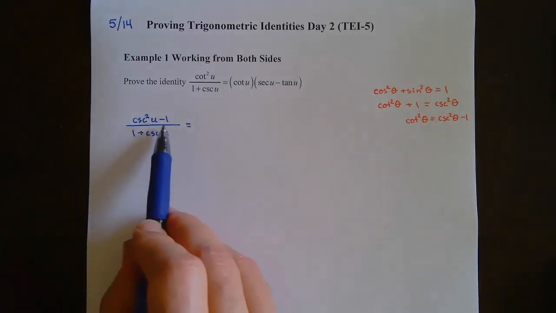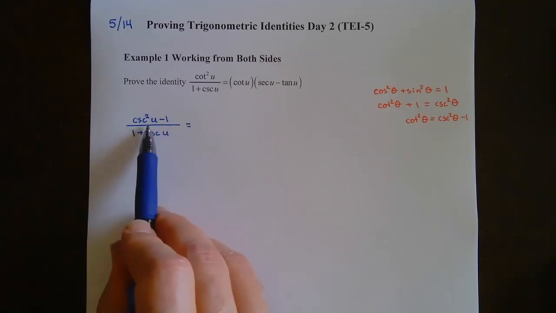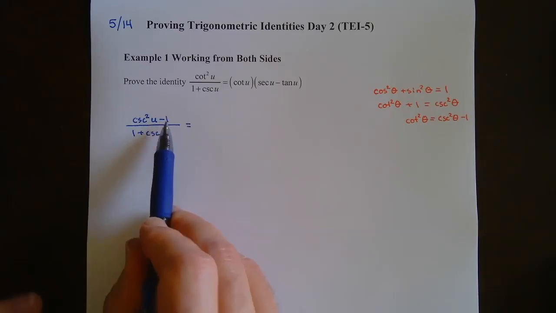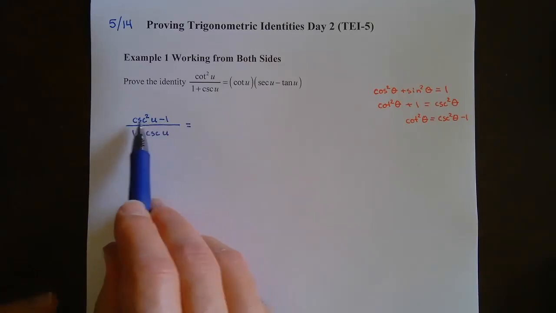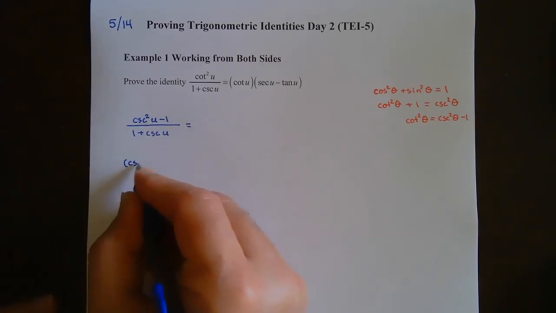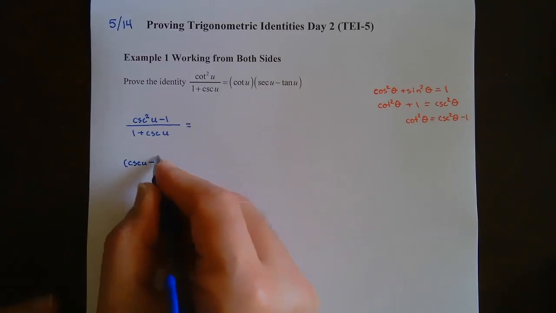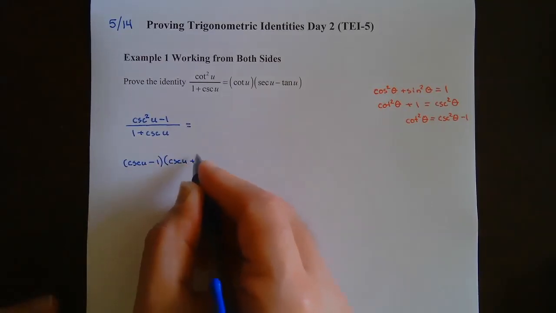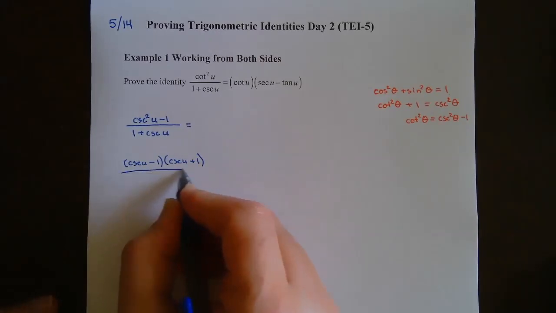You notice this is a difference of squares, right? Because cosecant squared u is a perfect square, minus, that's a difference, and then 1 is also a perfect square. So we can factor this. This is a difference of squares. So this factors into cosecant u minus 1 times cosecant u plus 1 all over